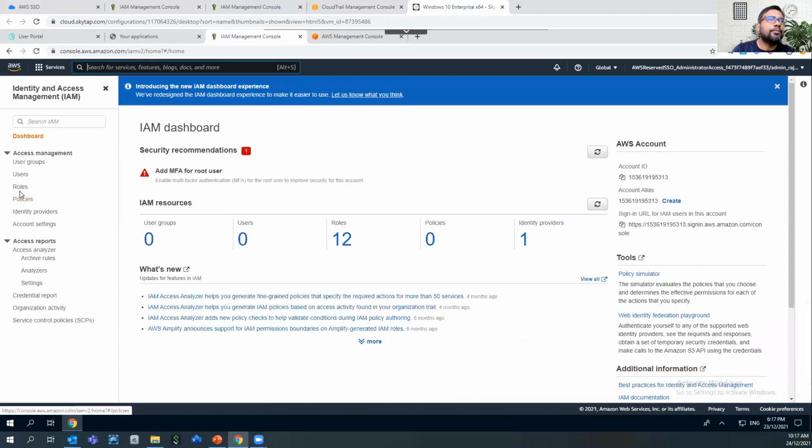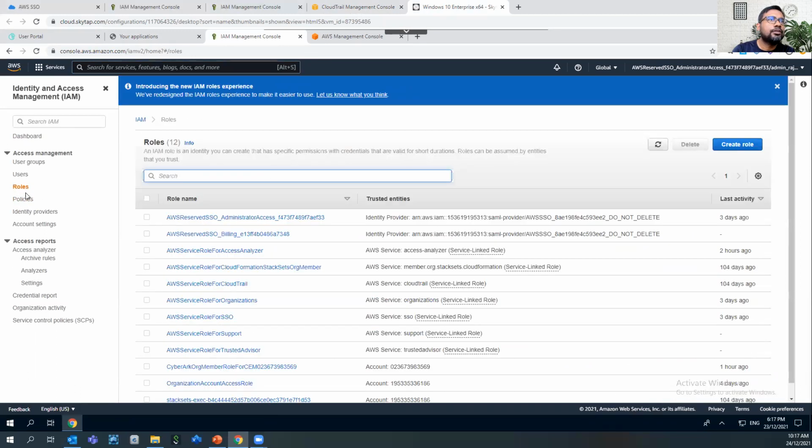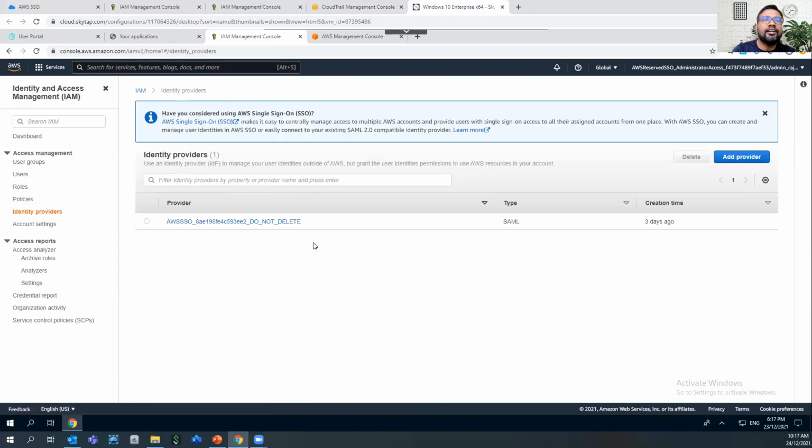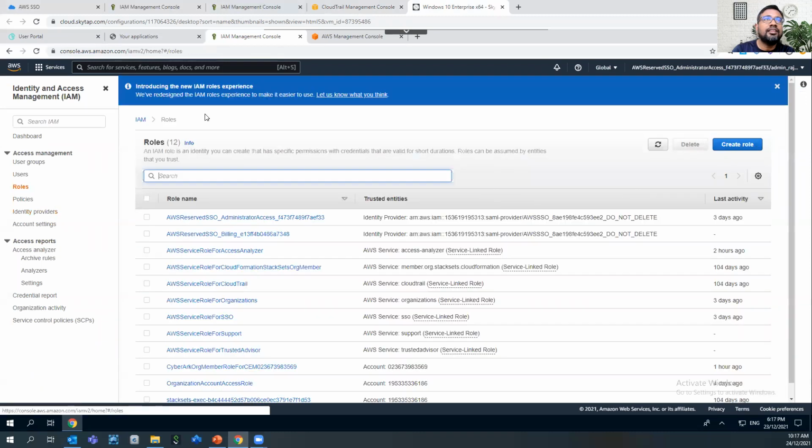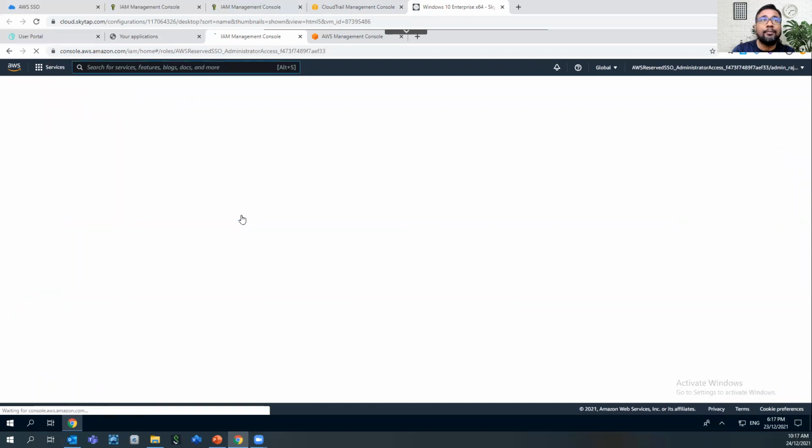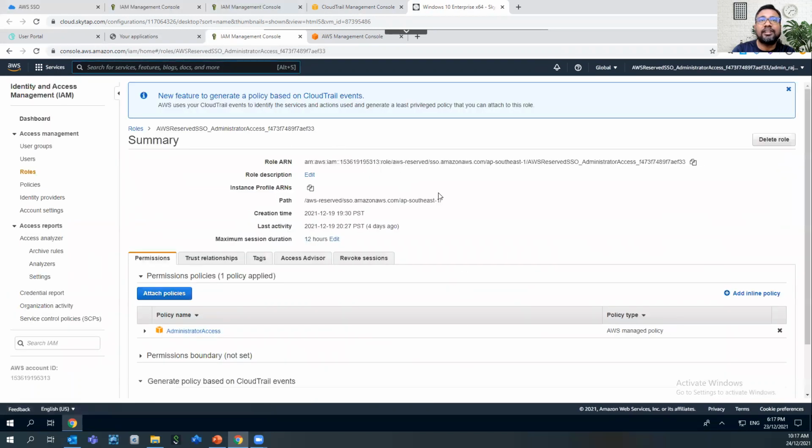Once I'm in the IAM, if I go to the identity provider, you are able to see another identity provider has been created by AWS SSO. A similar thing is going to happen with the AWS IAM roles. Another role has been created. Again, this role ARN, for the obvious reason, is going to be different from what's created in your other AWS account.